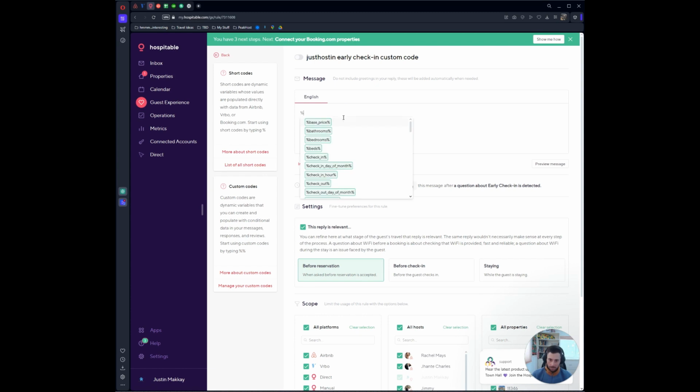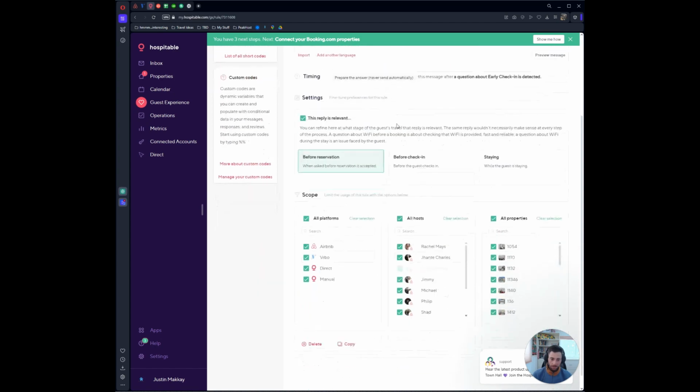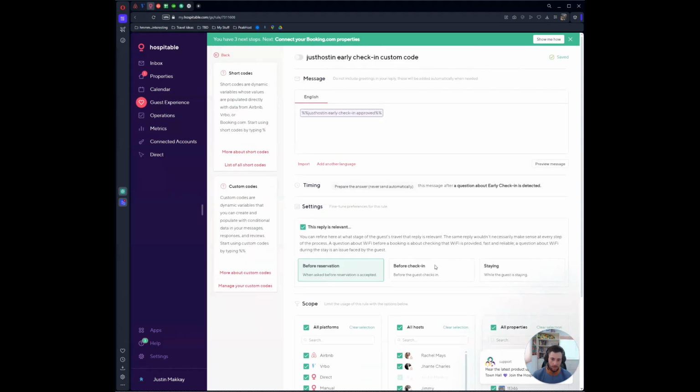So we go here. Boom. Just host in early check-in approved. All the properties, and this is going to be before check-in, not before reservation, so it's not relevant there. Answer instantly. The next thing you might be wondering is, well, if this is just sending one